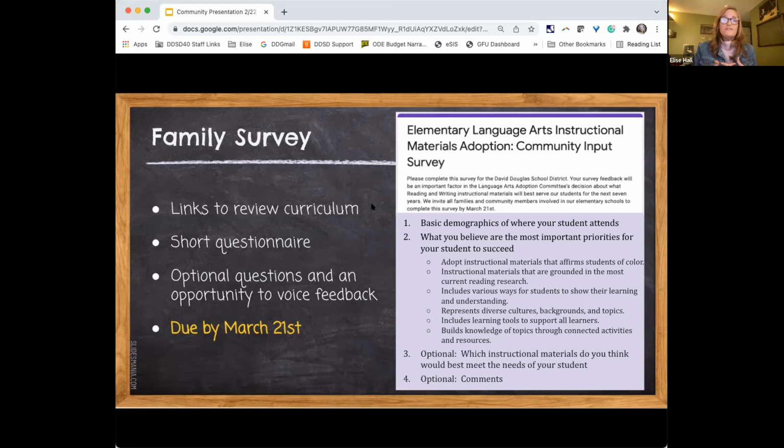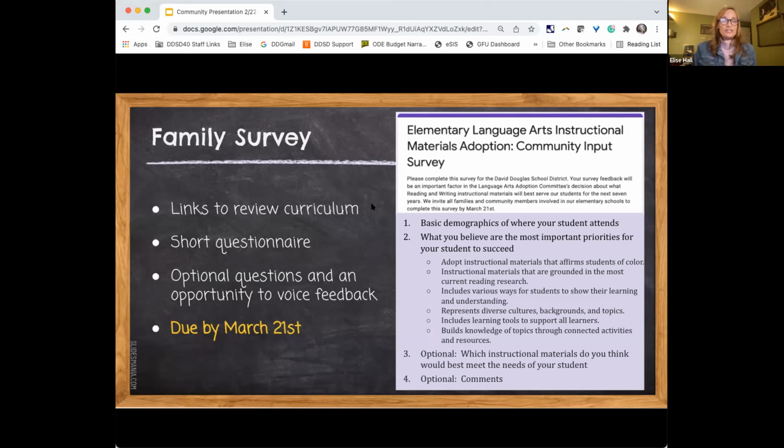We truly believe that all 6 of the priorities that our team has chosen are priorities. They are all very, very important. But your feedback will help us delineate what is most important to our community so that we can find the curriculum that best meets the needs of all of our stakeholders.